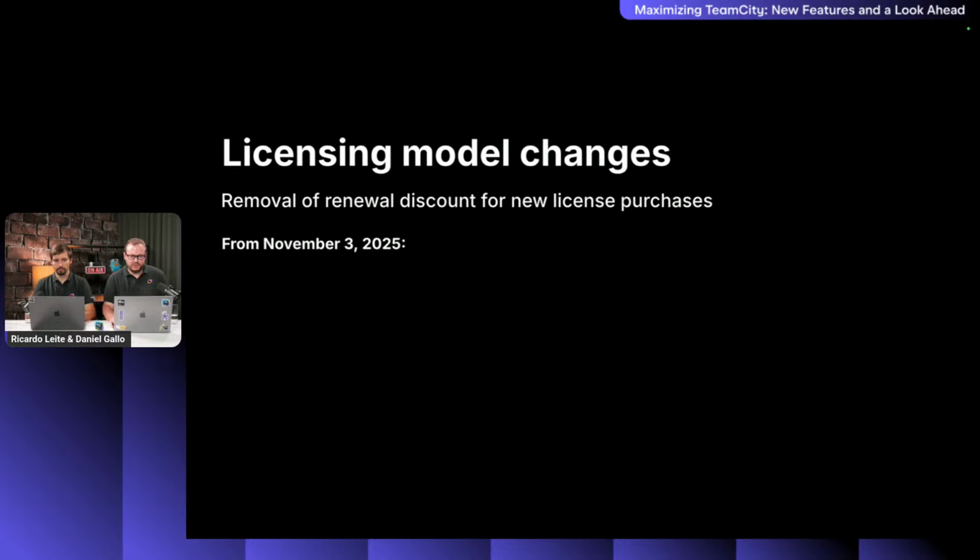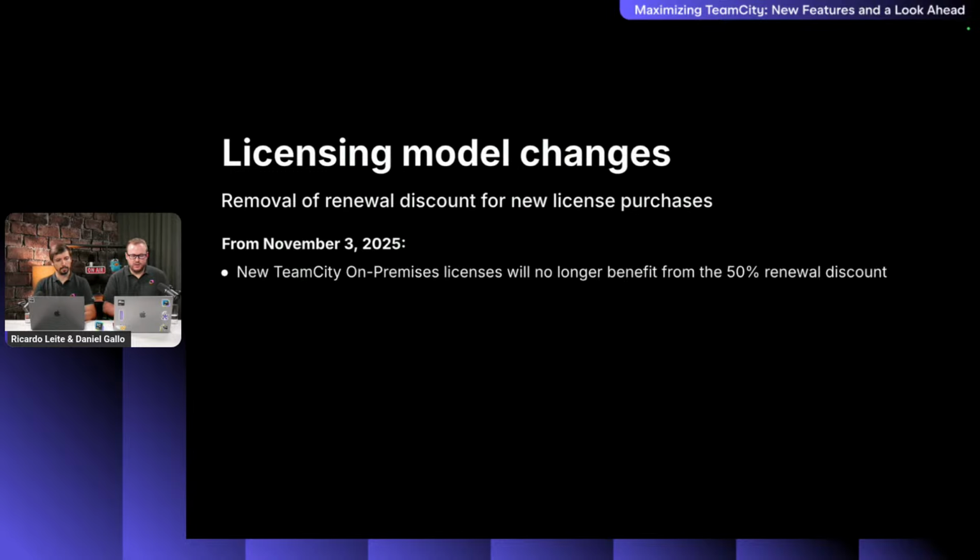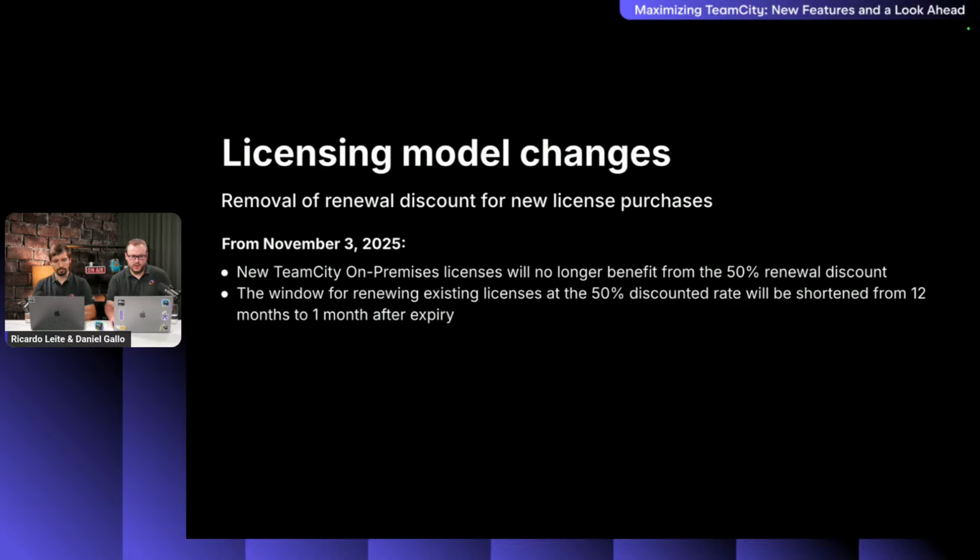Just as a reminder, if you haven't seen that announcement, which you can view on our blog, from November the 3rd this year, any new TeamCity on-premises licenses, such as TeamCity Enterprise Server or Agent, will no longer benefit from a 50% renewal discount in subsequent years. Also, the window for renewing existing licenses with the 50% discounted rate will be shortened from 12 months to 1 month after expiry. So as long as you renew within 1 month after expiry, you still retain the 50% discount